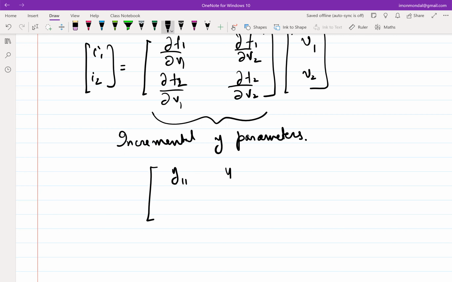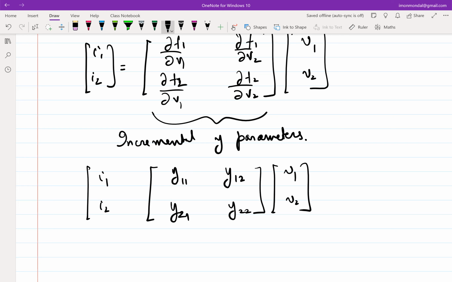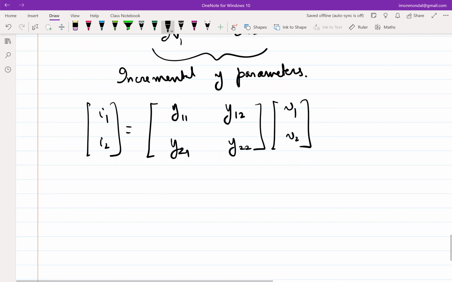So this becomes Y11, this becomes Y12, Y21, Y22. So essentially what I did, I replaced those del F terms with a nomenclature, and there's a reason the nomenclatures are like these. So this, if I expand it,